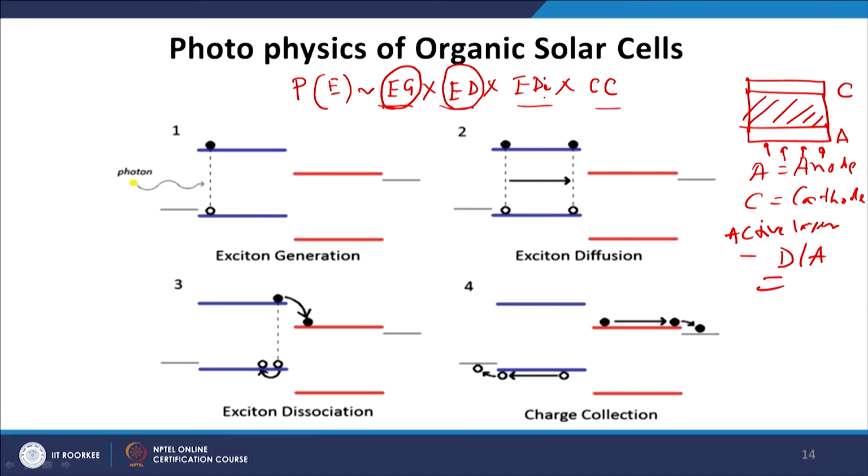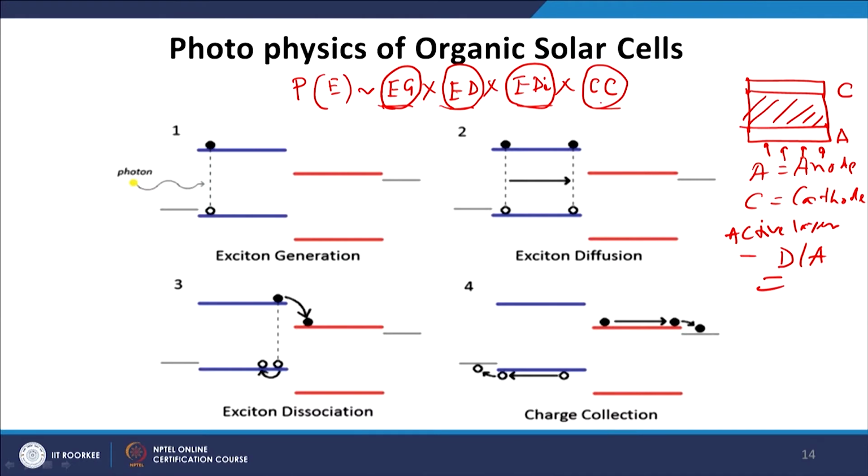Now, the third phase is that once it comes to the interface, it needs to be dissociated. Why is it dissociated? Now, I have a donor acceptor interface, and at the interface there is a potential difference, which means there is an electric field, and that electric field gradient helps to dissociate the excitons into free charge carriers. So, that is our third process, exciton dissociation. So, now the exciton has been dissociated into free charge carriers. One of the materials now contains electrons, another material contains holes. Now, these electrons and holes need to be collected by the respective electrodes. So, that is our fourth stage, charge carrier collection or CC.